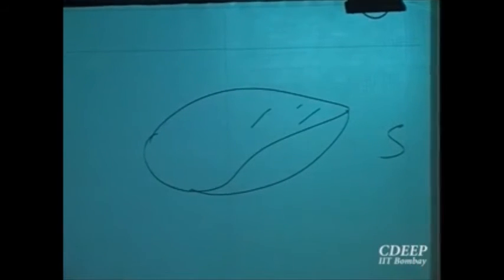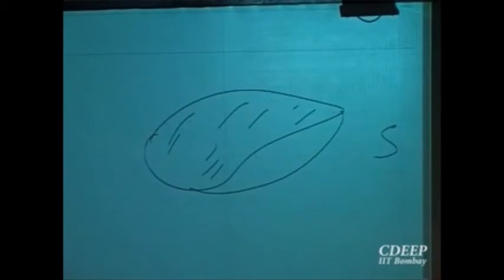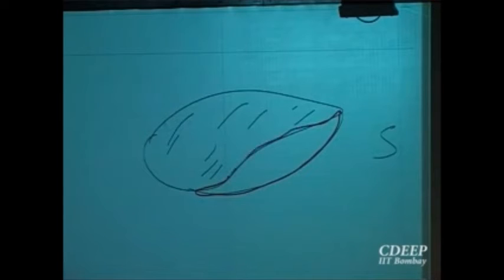Can we have some kind of a relation between the orientation on a surface and the orientation on the boundary? That is what I want to discuss, which is going to be important. So let me try to draw a surface. Okay, so this is the surface S. So this is the part, right? So what is the boundary of this? Let me write the boundary. It is not a closed surface, so there is a boundary. So this part is the boundary of the surface S.